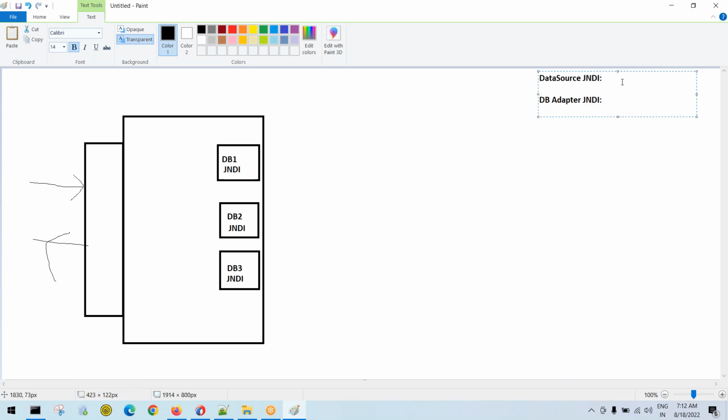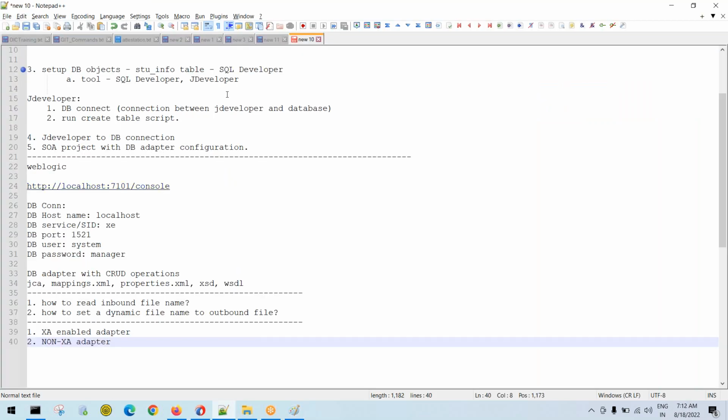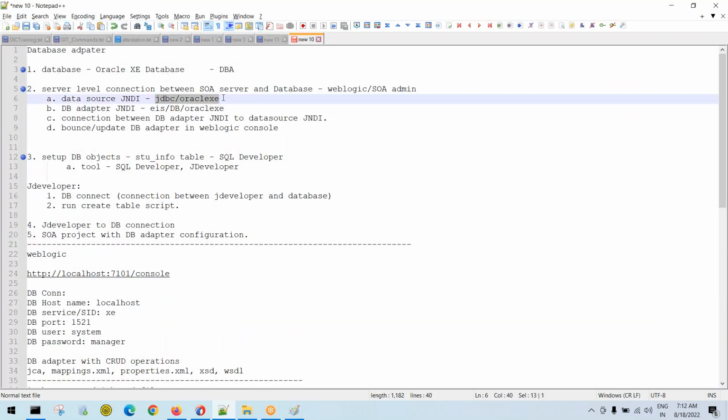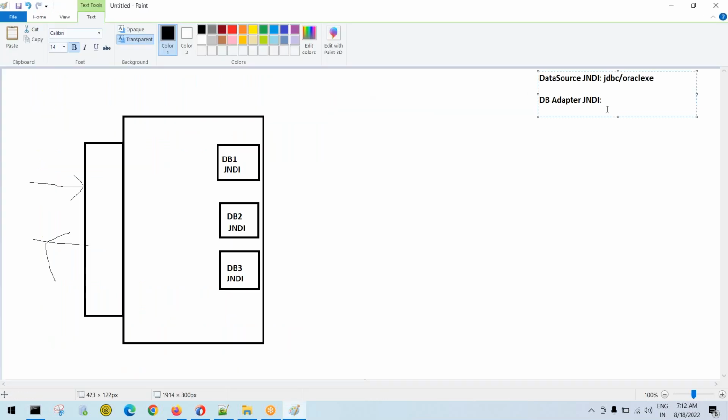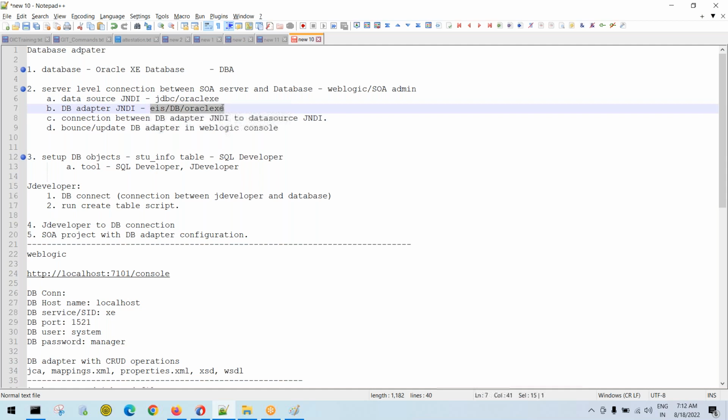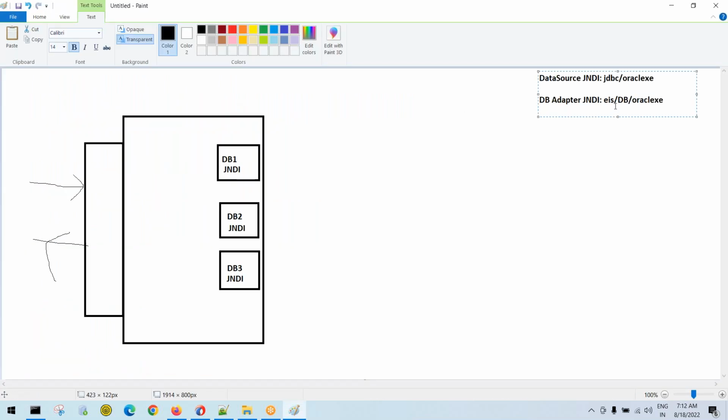DB adapter JNDI behaves like an alias name of data source JNDI, correct? So this is an example. We already configured a data source JNDI, right? What is the data source JNDI we configured? This is the one. Okay. And this is the DB adapter JNDI we configured. Okay. But if you observe here, this DB adapter JNDI is an alias name of data source JNDI. I mean, you can configure multiple DB adapter JNDIs for one data source JNDI. Okay, it is allowed. But at the time of data source JNDI configuration,